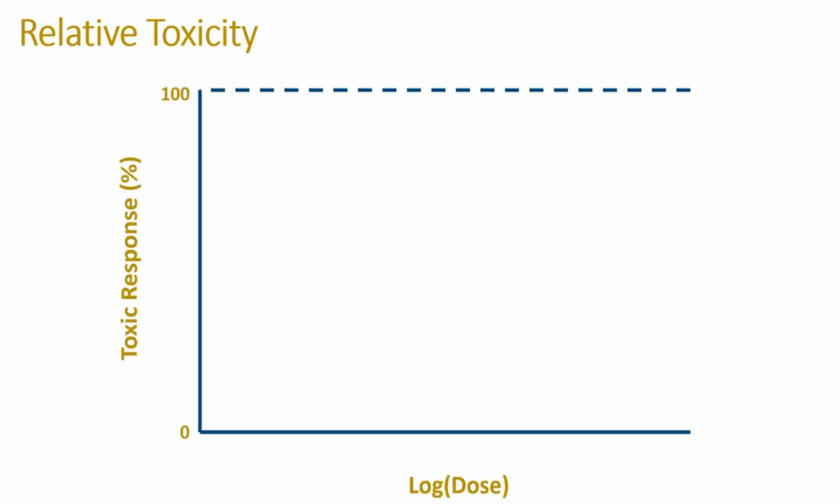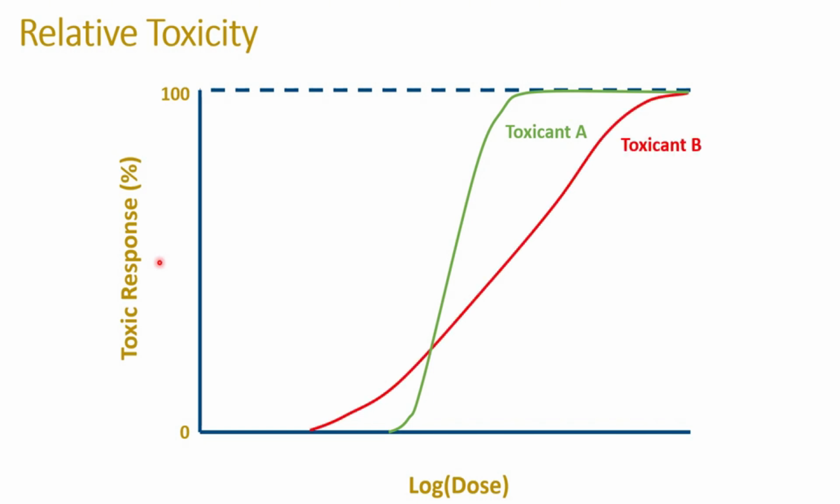To understand that better, let's look at two toxicants, A and B, and their dose versus response curves. We have log dose on the x-axis and the percentage toxic response on the y-axis. In green, we have the dose versus response curve for toxicant A, and in red, we have a different dose versus response curve for toxicant B, and the slope of that response is much more gradual than we see for toxicant A. So again, what we're considering here is why it's important not to make judgments on relative toxicity